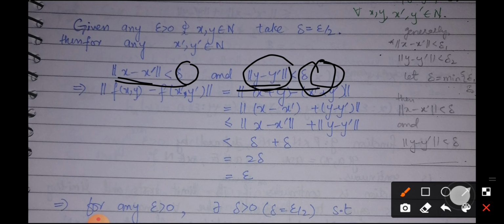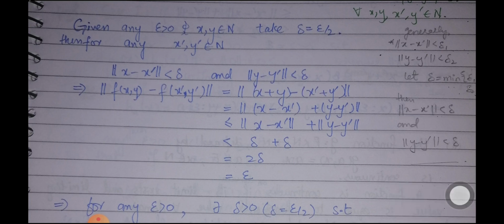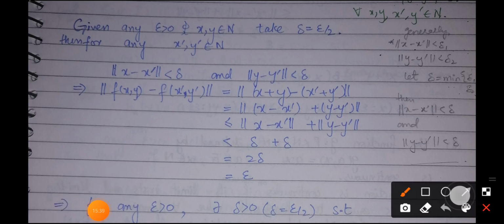Here let's say norm of x minus x prime is less than delta 1 and norm of y minus y prime is less than delta 2, and let me define delta to be the minimum of the two numbers. If delta is defined to be the minimum of the two numbers, then obviously it will satisfy both conditions at the same time. How will it be satisfied? Let's suppose delta 1 is equal to 1 and delta 2 is equal to 2, and delta is the minimum of the two, that is, delta is equal to 1. So if this term is less than 1, then obviously this term is less than 2, so this condition is also satisfied.